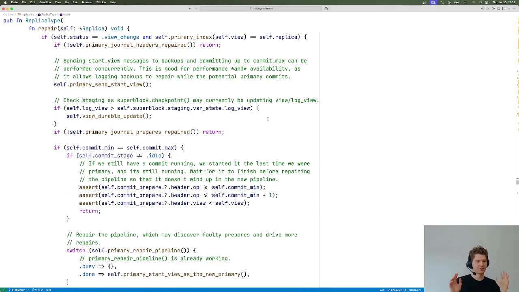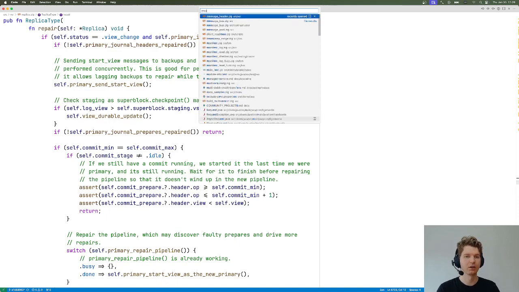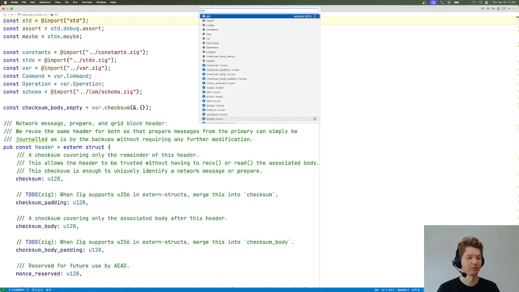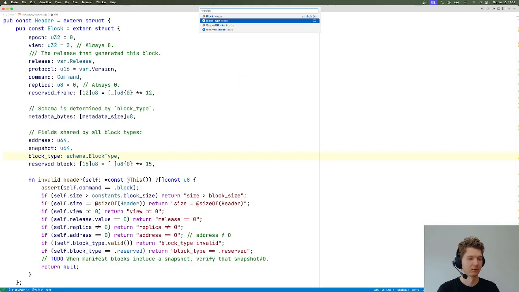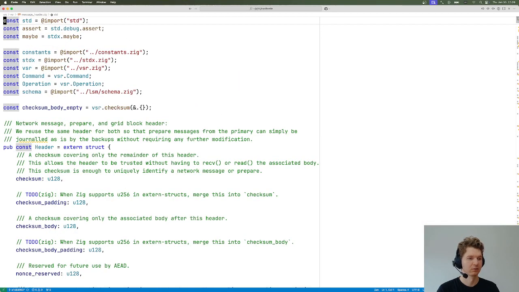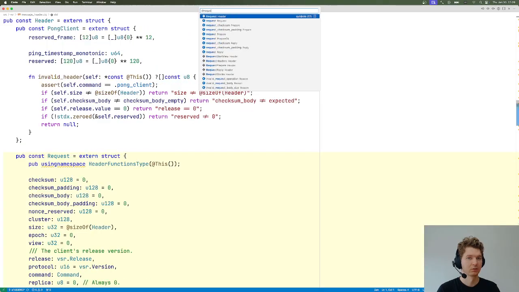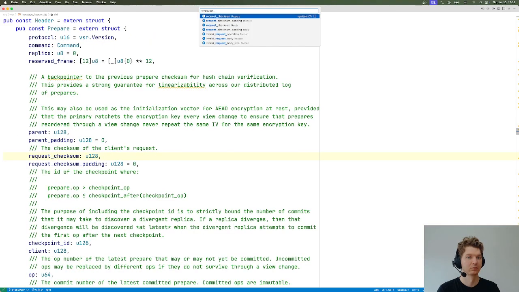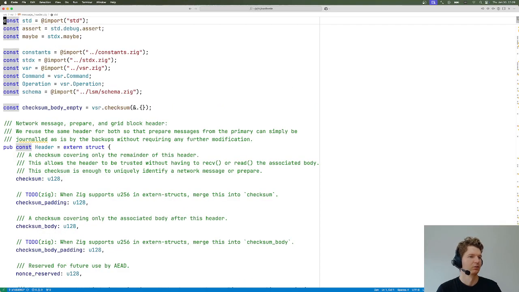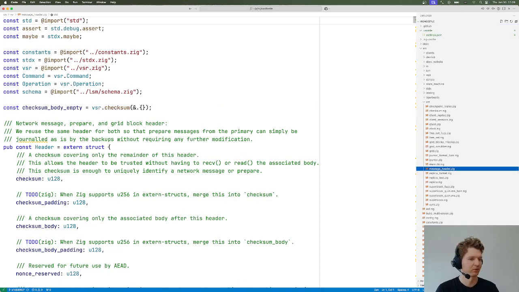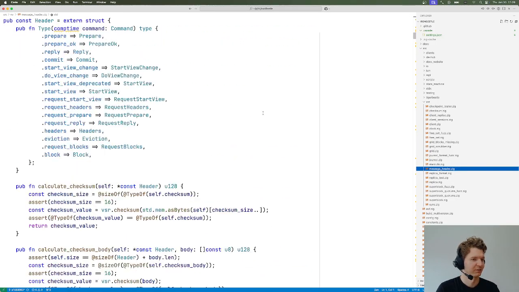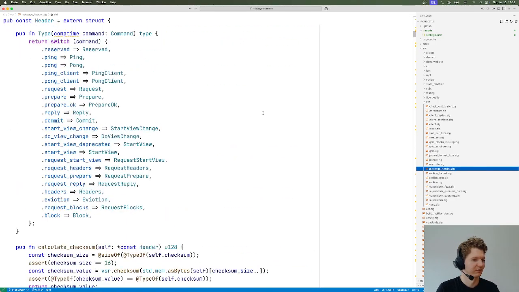Okay, so let's actually trace everything from the middle. So what I know is that we have... what is happening here? I'm lost. Okay, so what we know is that we have